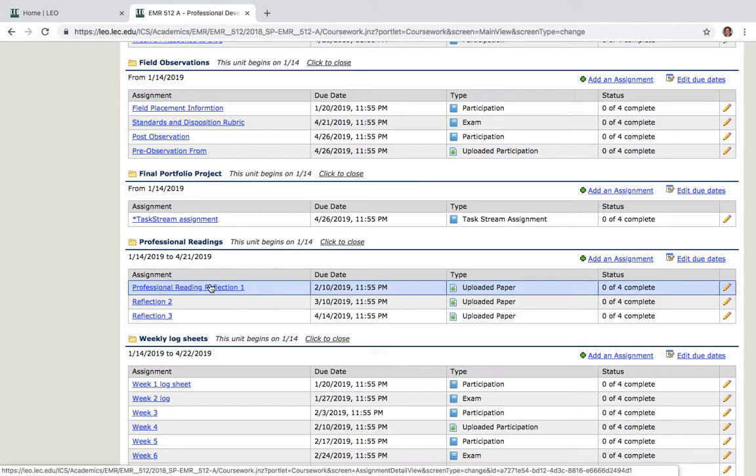We'll talk about it. I'll use my tool, the field observation tool. I'll use that to kind of generate a conversation. And then what I'll do is I'll do what I see in that and what I see in your coursework itself. At the very end of the semester there's a standards and dispositions rubric, and I'll pull that up